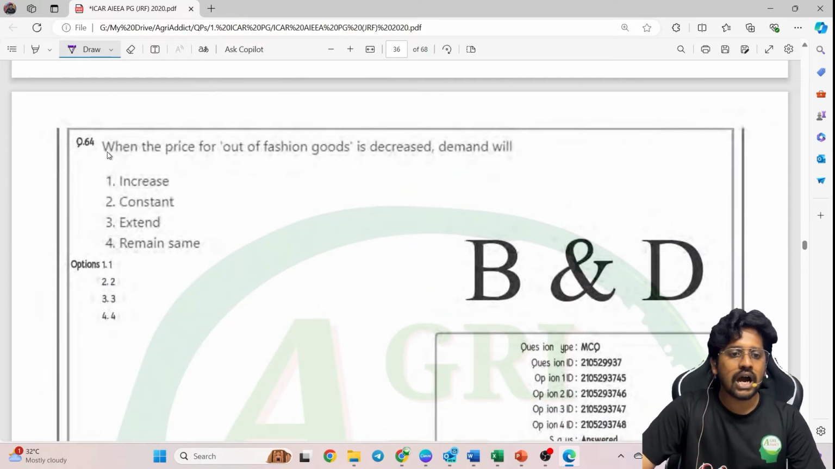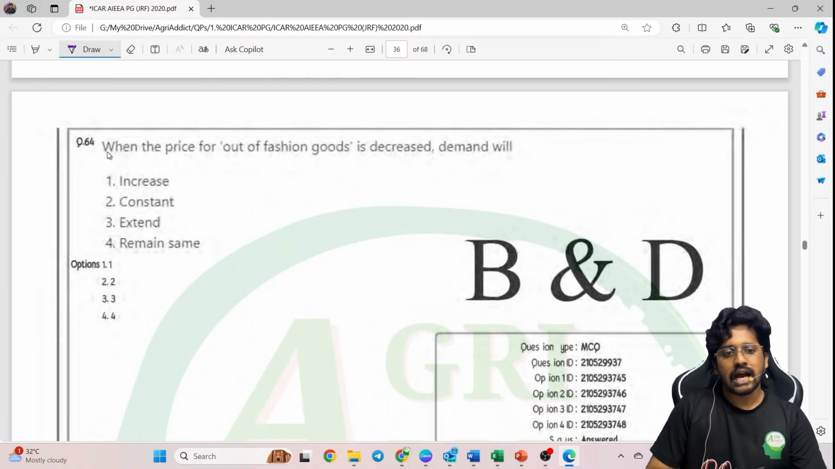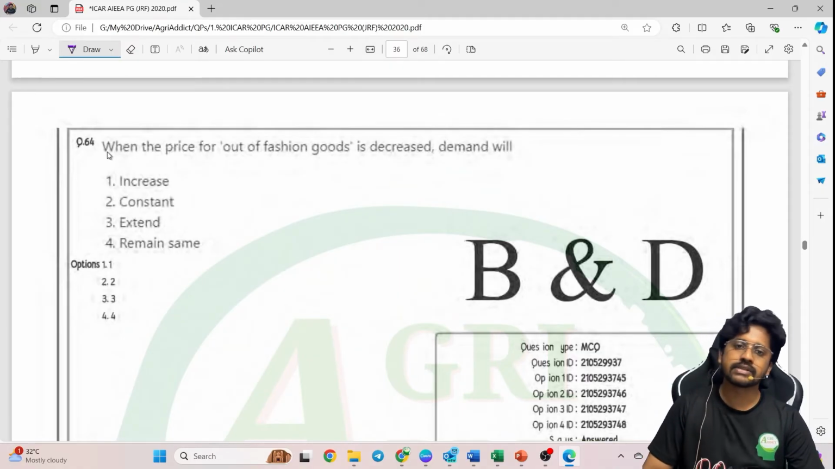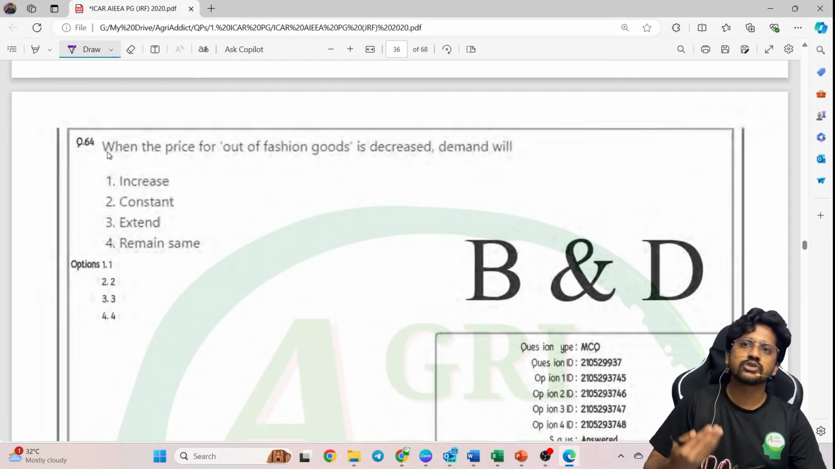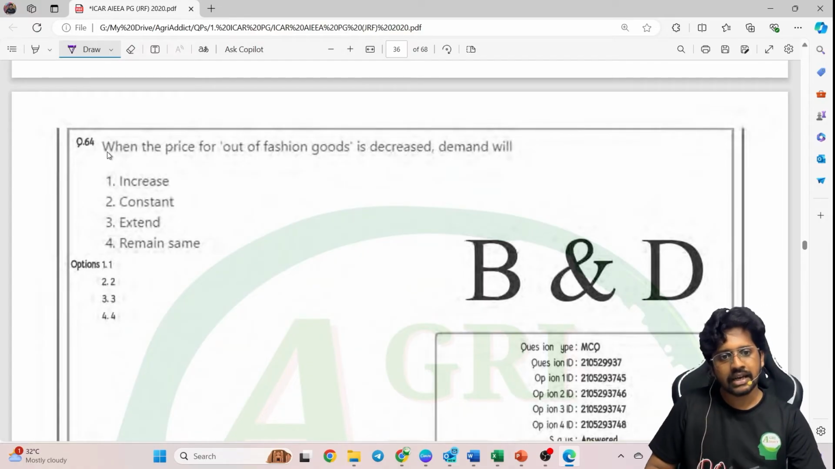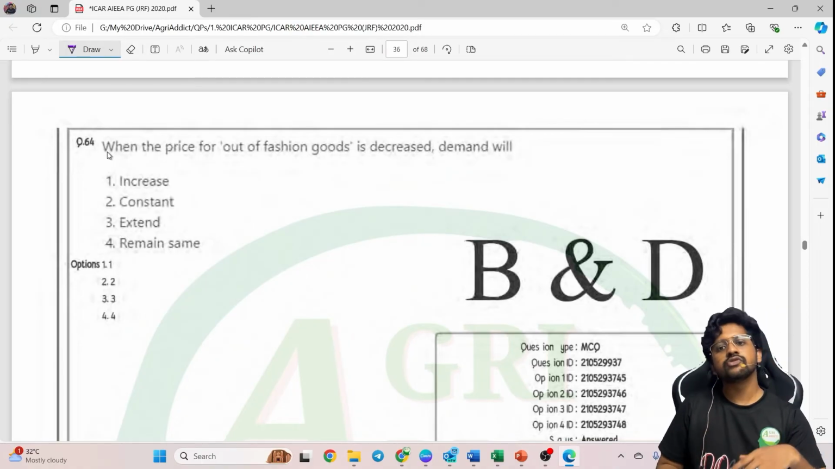When the price for the out of fashion goods is decreased, the demand will be. Actually, they have given the scenario of the price decrease in the out of fashion goods. The out of fashion goods means they are not having much utility in the current scenario because they are already outdated, right? Out of fashion goods may have some demand in the market, but as it is not in fashion, or not actually demanded constantly or increasingly in the market, when the price of the out of fashion goods decreases, the actual demand prevailing in the market